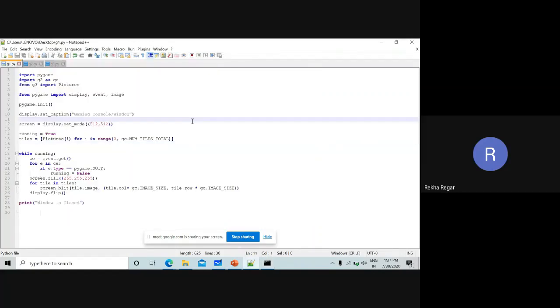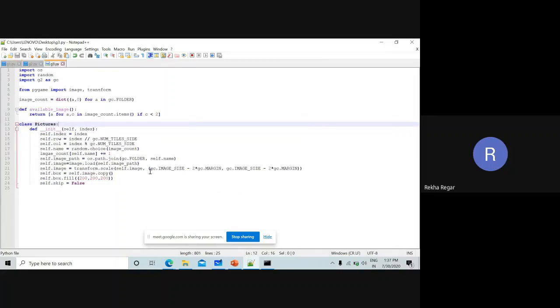Okay, I have to look at this one. Random choice image underscore count. So image underscore count is the variable and the random choice for this one. That is correct.